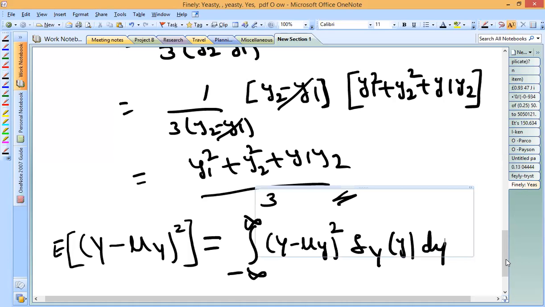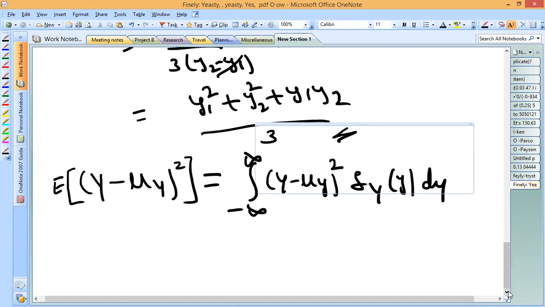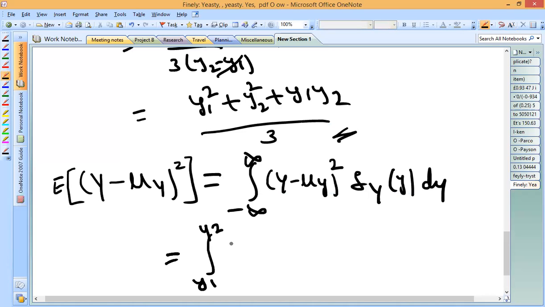So now what we do? Substitute the equation of fy of y and change the integral also. So this is equal to integral y1 to y2, y minus mu y whole square into fy of y, which is 1 by y2 minus y1,